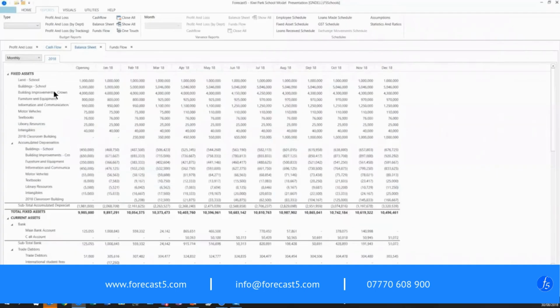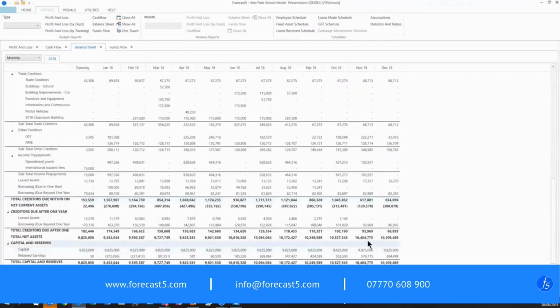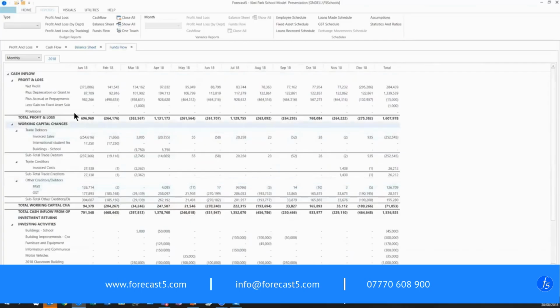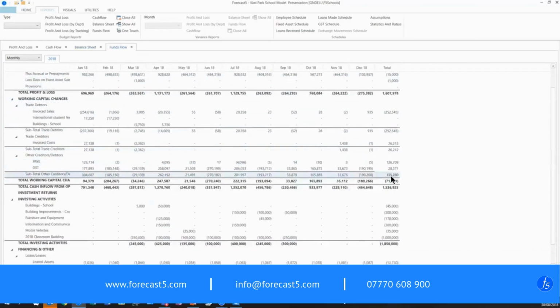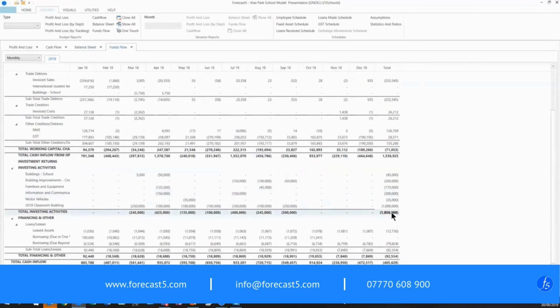And so that gives us our assets, our liabilities, and that maps each of that to the reporting structure down to our balanced balance sheet. And then the final standard report is our funds flow report, which shows the movement, source and application, the movement of funds throughout the balance sheet records. Trade debtors went down, our cash working capital changes, our cash inflow, our investing activities. So we've built a new classroom, and you'll see here total cash inflow minus 405, and we see on our cash flow